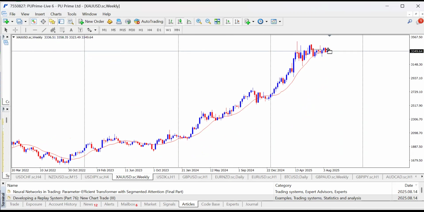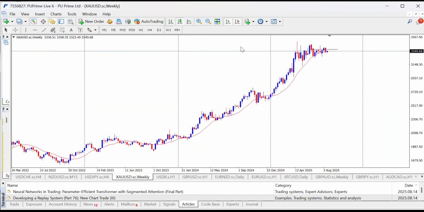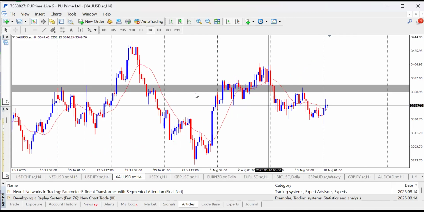Look at the rejection here, right? So that is the last rejection we have. And on the weekly time frame, I also go to the 4 hours time frame. You can see weekly, I bring out my straight line. This one I'm bringing the straight line is for me to see clearly what happened last week, right?